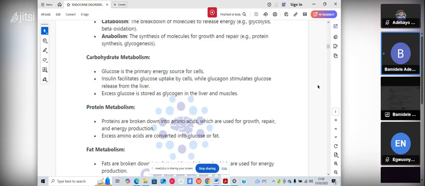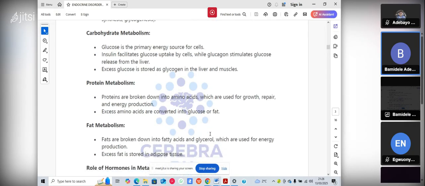Now, protein metabolism. Proteins are broken down to amino acids, which you need for growth and repair, and also for energy production. Excess amino acids are converted into glucose or fat. Then we have fat metabolism. Fats are broken down into fatty acids, which are used for energy production, and excess fat is stored in adipose